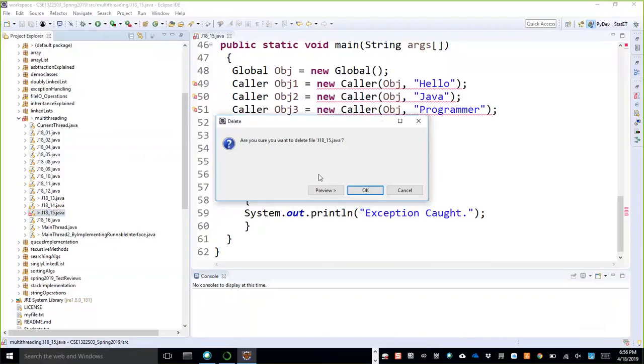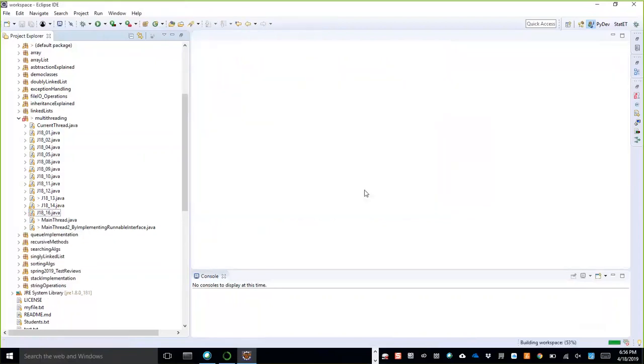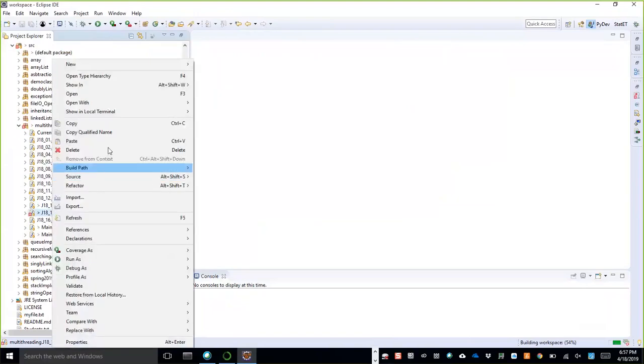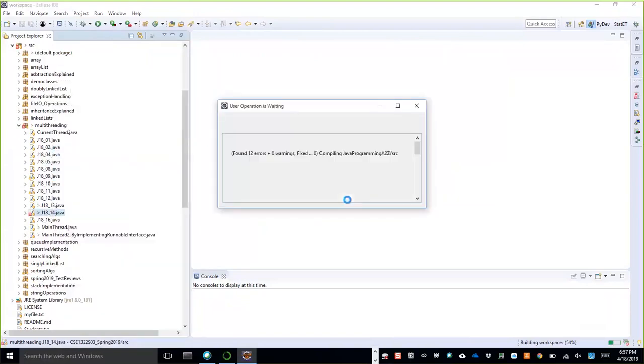A substantial portion of similar questions, maybe 50%, will come from your previous tests. I deleted it, but again this program has an error. Let me delete this too. I don't need this.